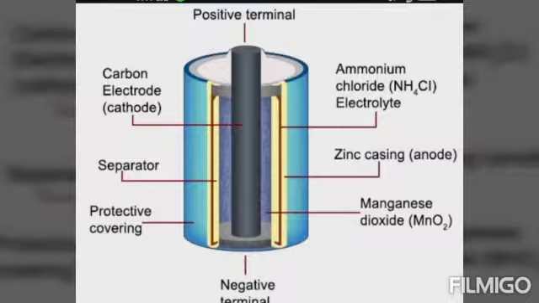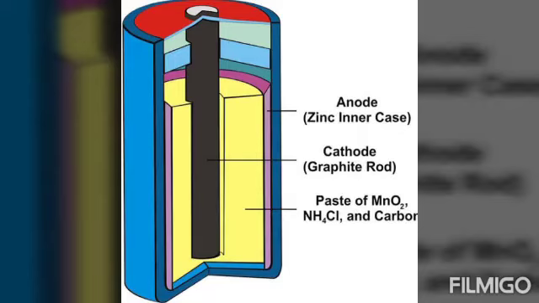Pay attention: when you take the dry cell in your hand, the outer layer, the zinc layer, acts as a negative terminal. When you break this, inside you see one more electrolyte content, made up of compounds like zinc chloride and ammonium chloride. And in the center there is a graphite rod, a black color rod you can see in the center of the cell. This rod acts as a positive terminal of the cell.